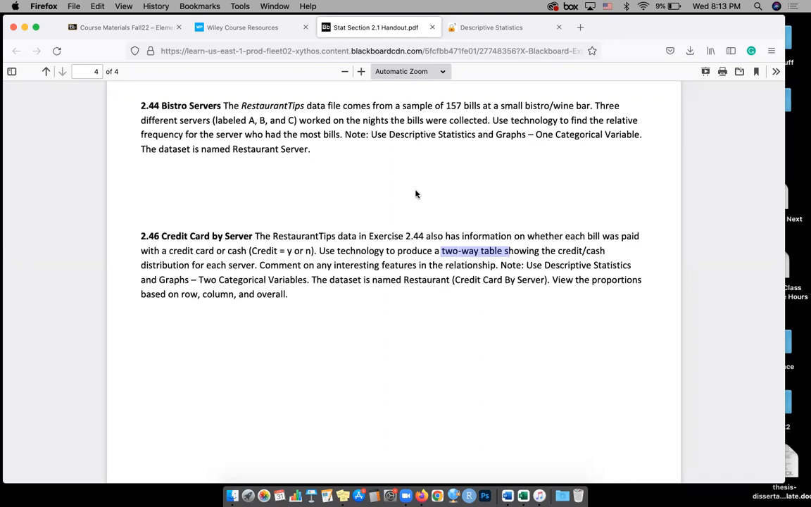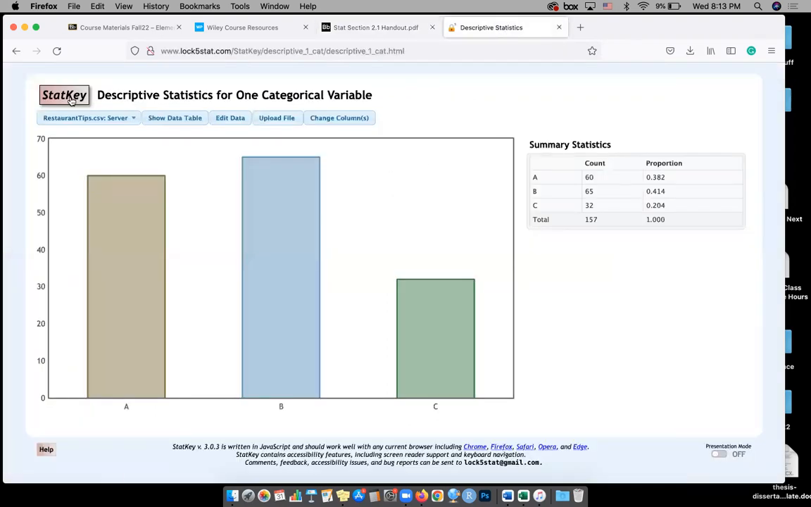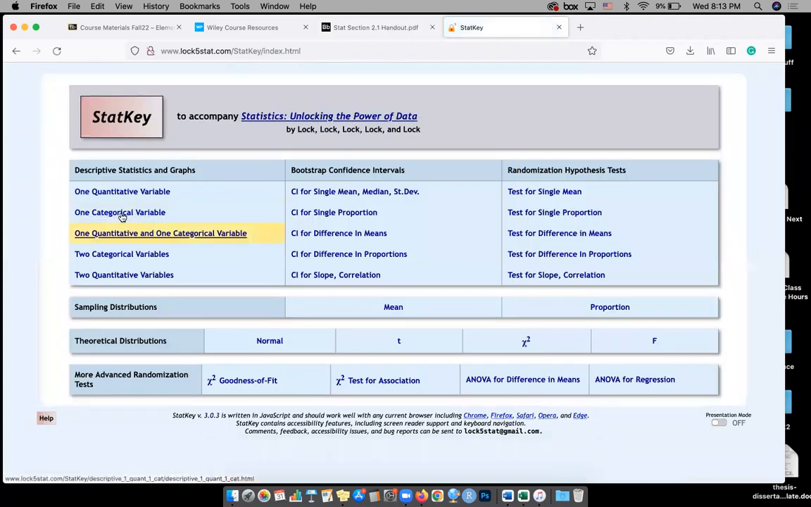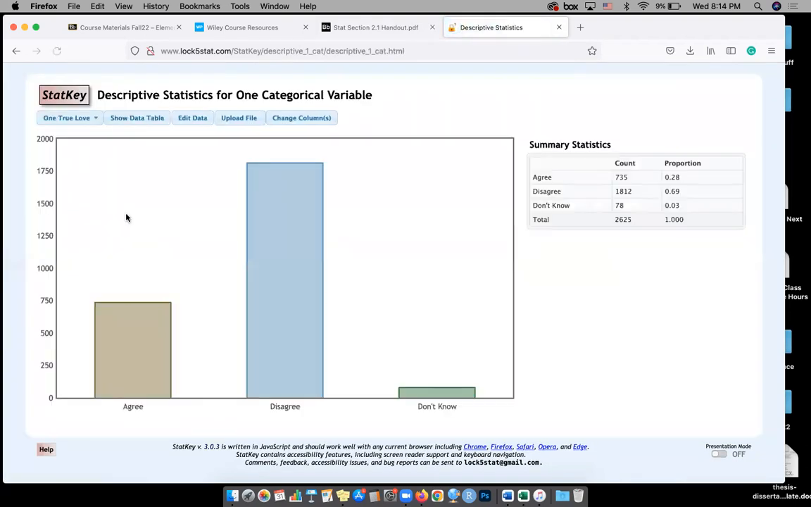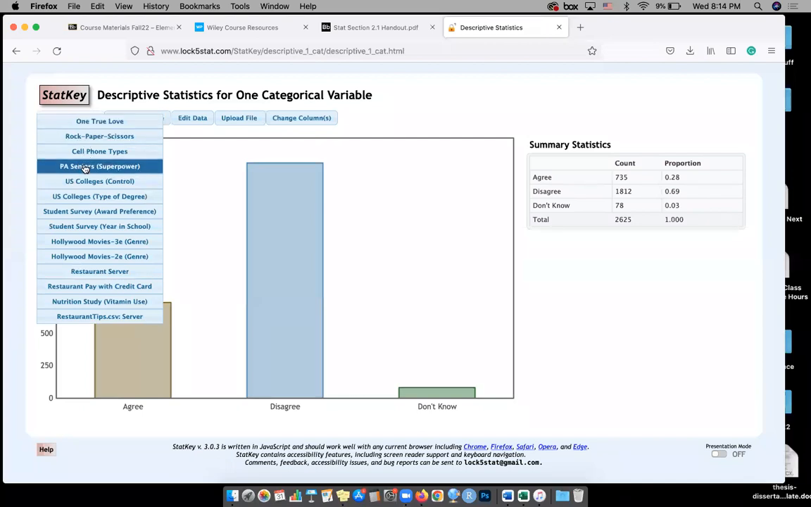where StatKey is going to do the work for us. Before I do this one though, let me also show you that many times, this is actually the last example I just did, which was just 1 category. Sometimes you don't even need to upload your file. I almost forgot this, over here, you can see this one, true love. That's a data set and categorical variable. But if you click this, it'll also drop down